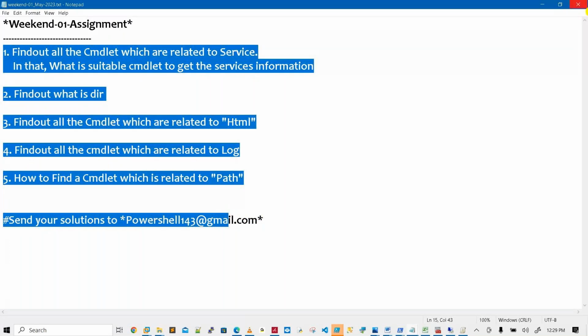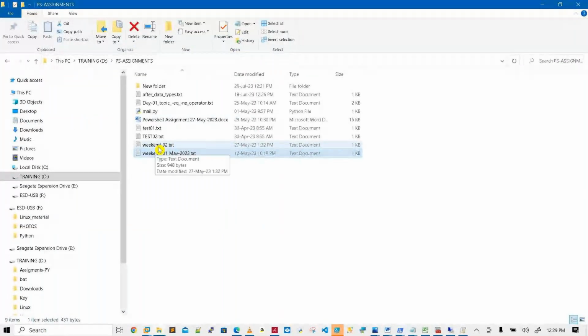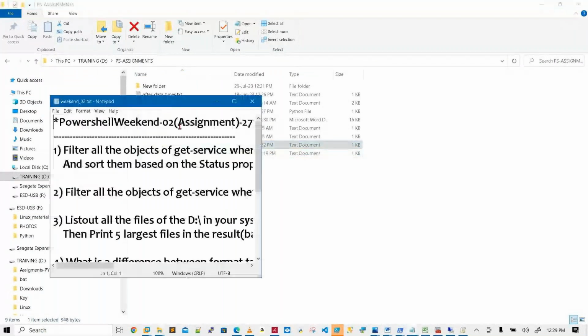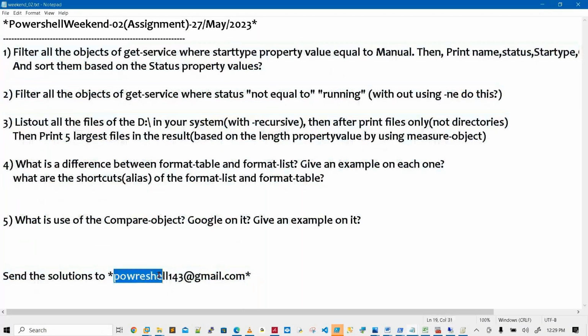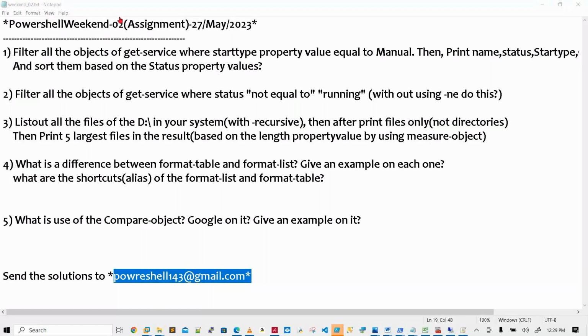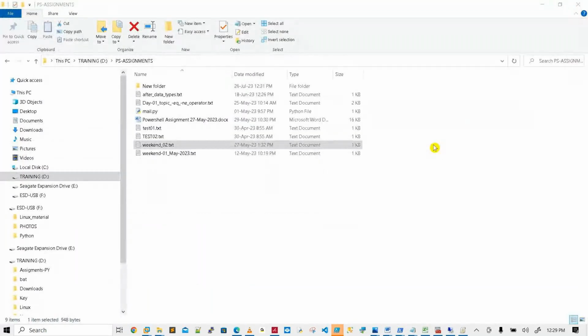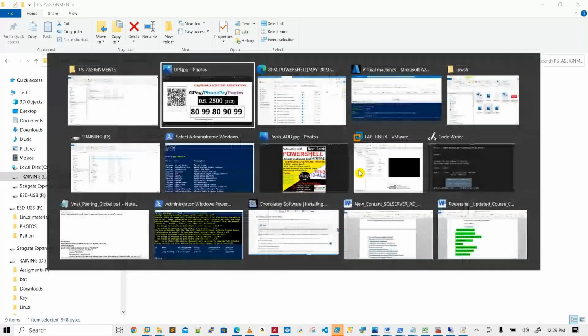Whatever we are discussing from Monday to Friday, based on that you will get the assignment in this way, and you can send it to the provided mail ID. I hope we get the feedback as well, right? Yes, sir. Then only is there a proper way you will get the subject. Only one-way traffic is not a good thing.